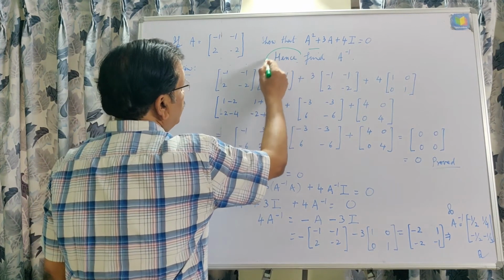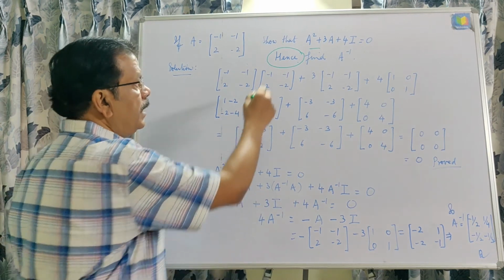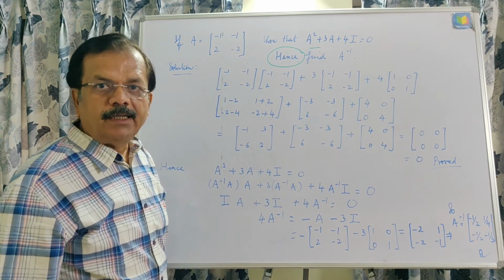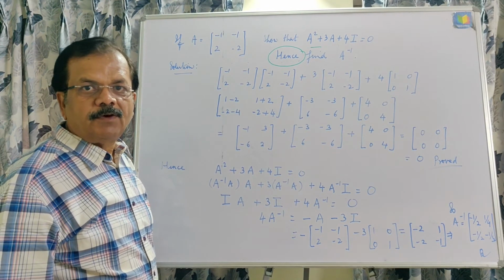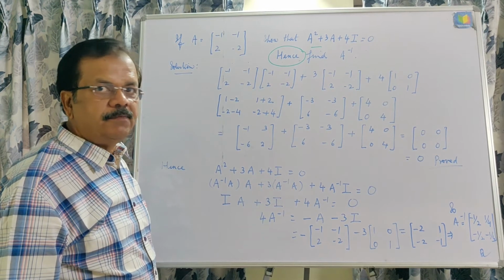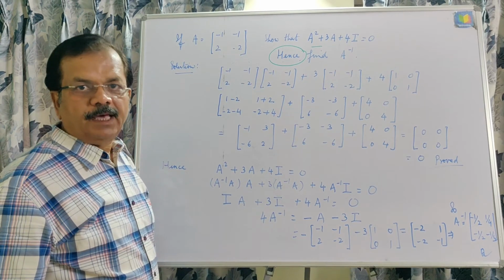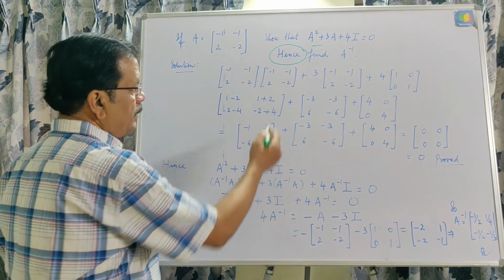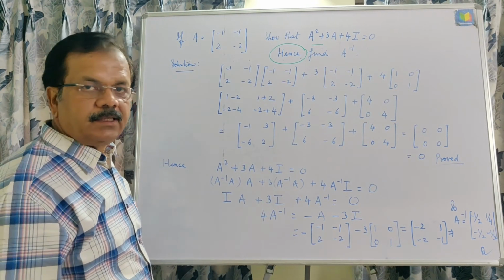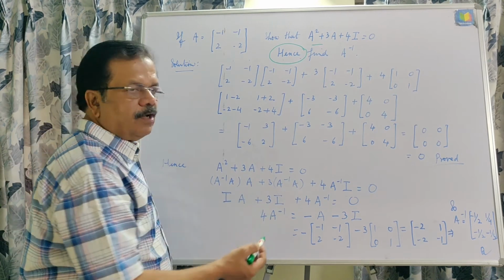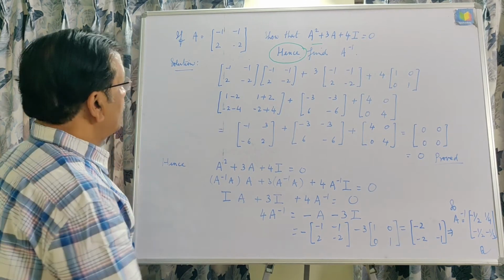Hence is very important in this matrix equation. With the help of this hence, we will study another method of finding inverse. The previous one that we already studied is the inverse of any matrix A: A inverse is equal to adjoint of A upon determinant of A. And here we will find the inverse by simple multiplication, using the concept of A inverse A is equal to I. Okay, we will see.